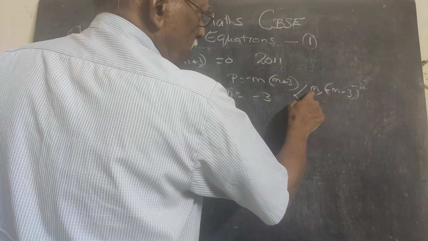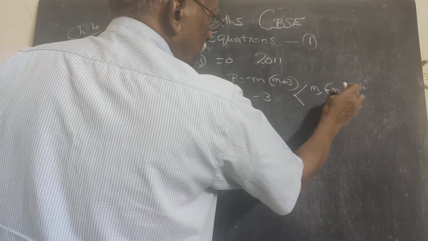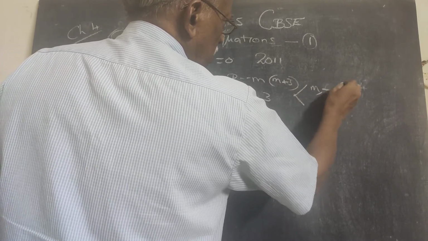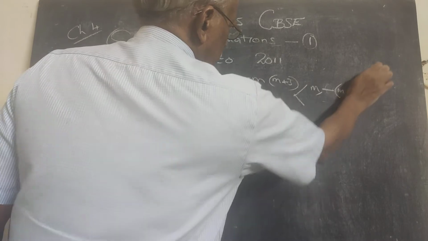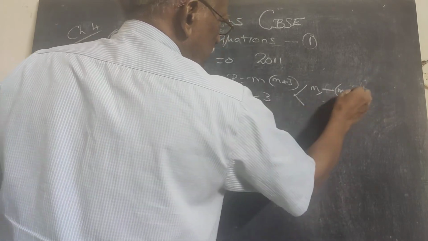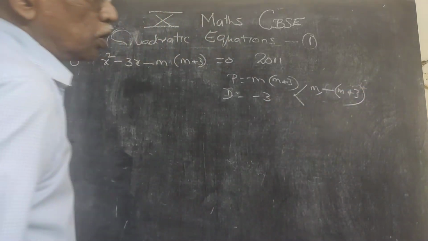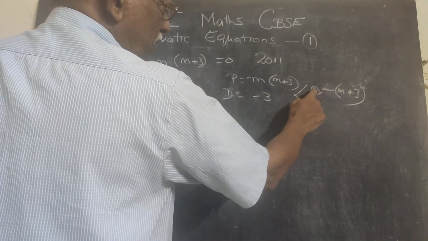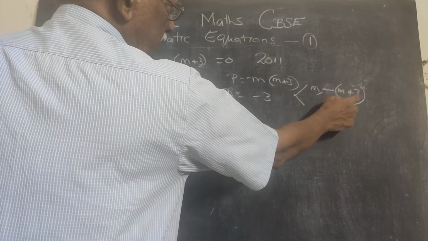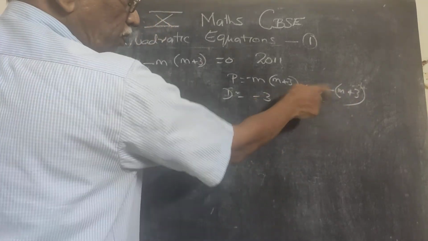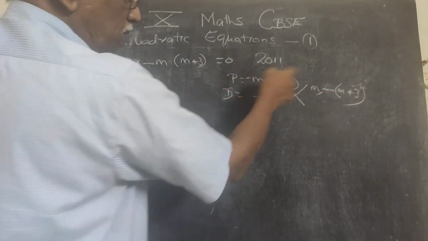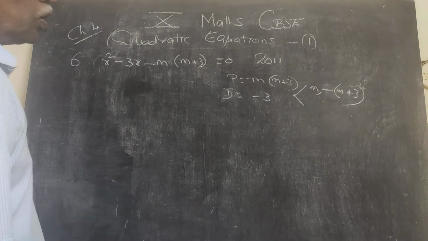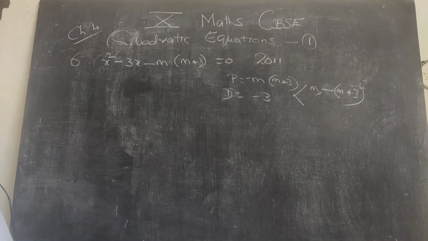You want actually minus 3, so put 3. You take the terms as this, one is m and this is minus m. If you add it, m and m get cancelled and you will be getting minus 3. The difference will be this. The other one is multiplication, we are getting this one. So m and this is m plus 3.